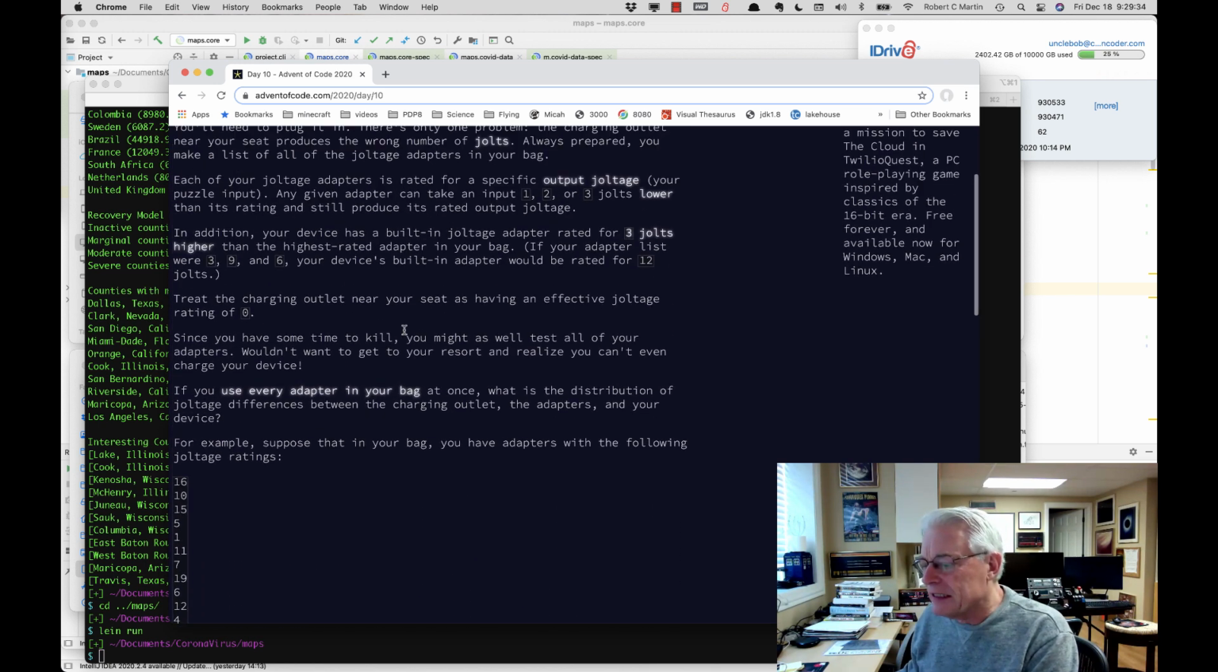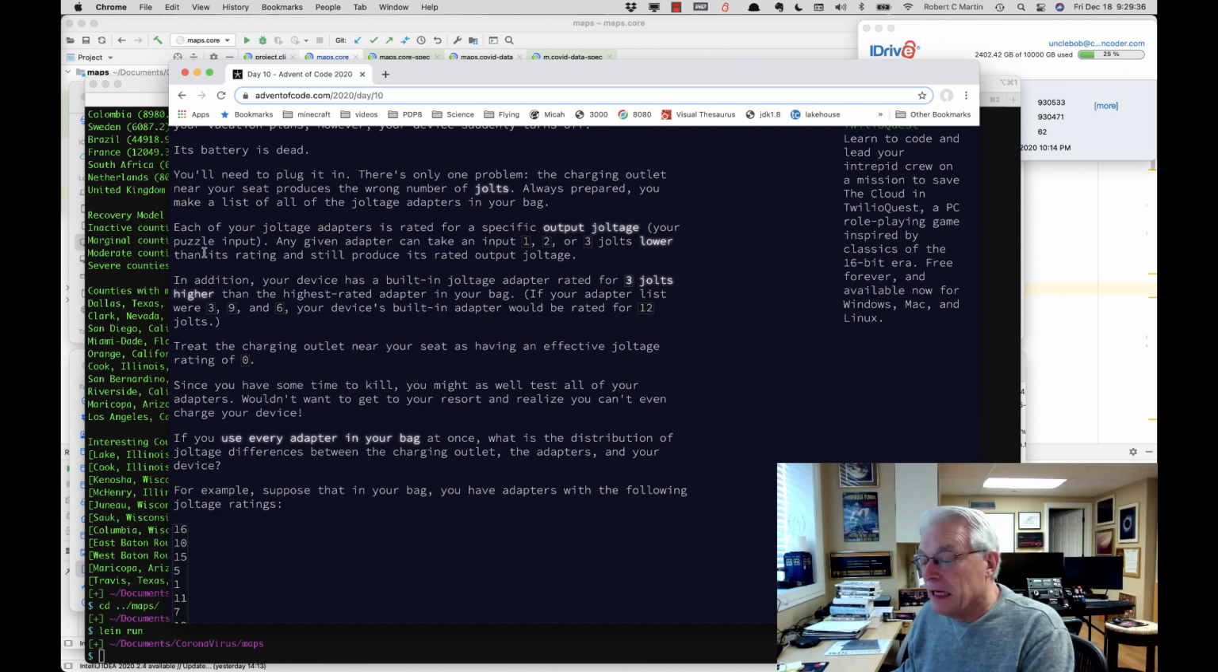Let's see, where is it? It's here. Any given adapter can take an input 1, 2, or 3 jolts lower than its rating, right? So if you plug 2 adapters together, the one on the left will have a lower rating than the one on the right. Okay, now what that means is that if you plug them all together, it's the same as just sorting the